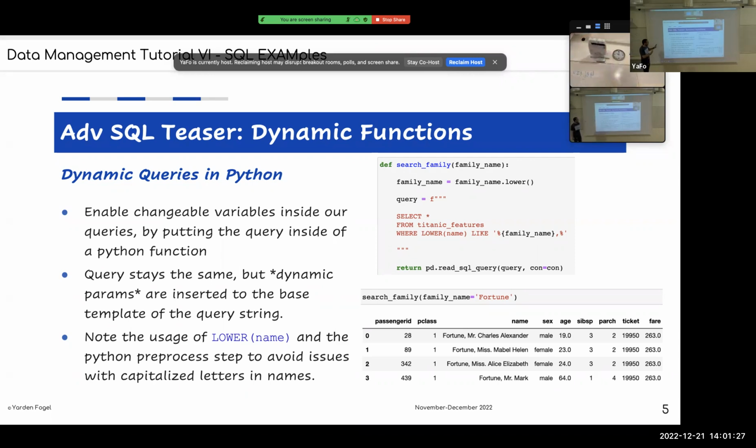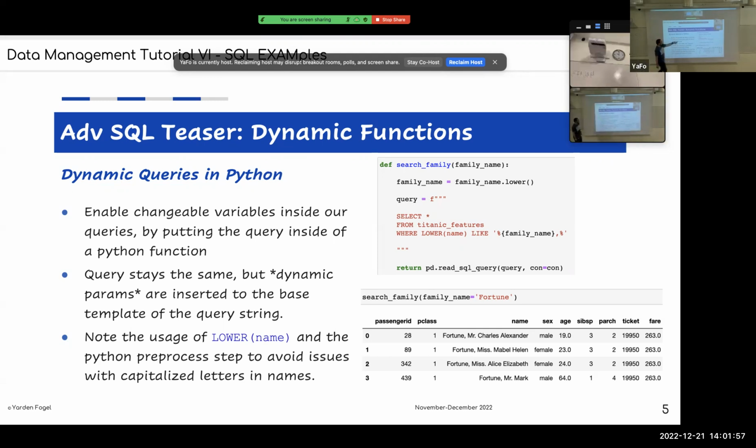And without going into it, you guys will have this example and links and other query examples in the notebooks that I share. We just have a query of select all from the Titanic features. This is for the Titanic database from Kaggle, and where their name is like, instead of putting the specific name in the wildcard there, I just put with these curly brackets family name,